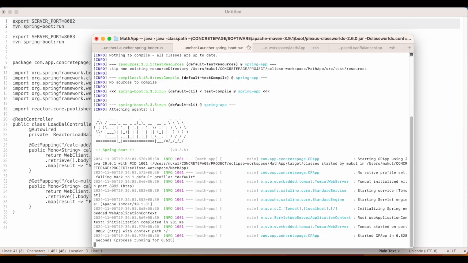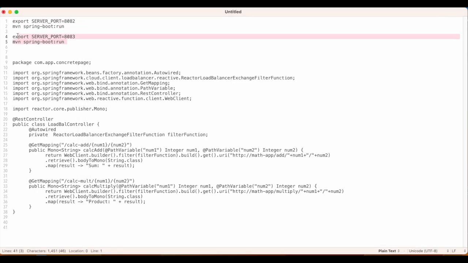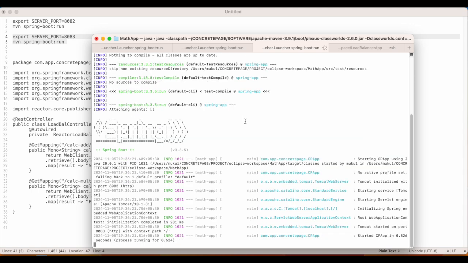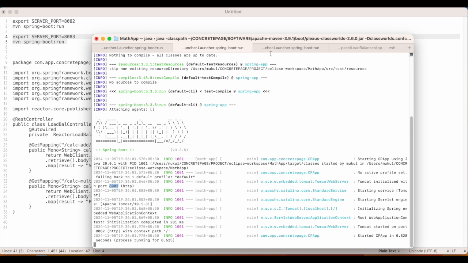Look at here. Server is started on 8082. Now we will start on 8083. In this way, I have 3 instances of math app: 8081, 8082, 8083.